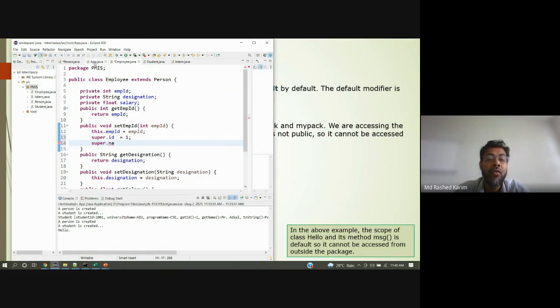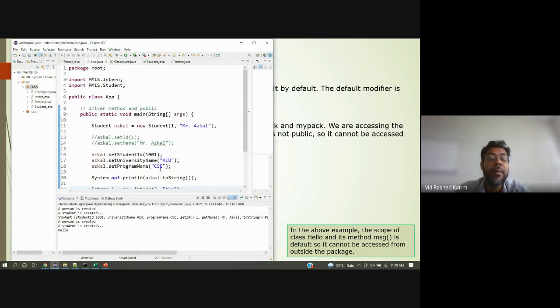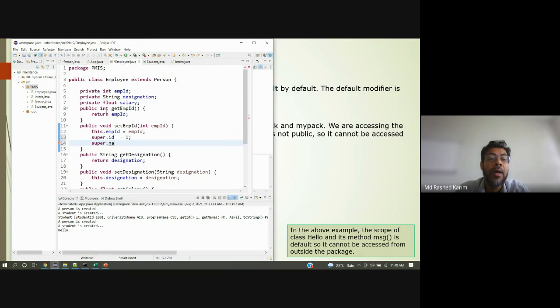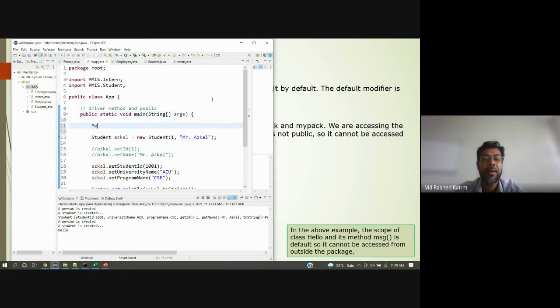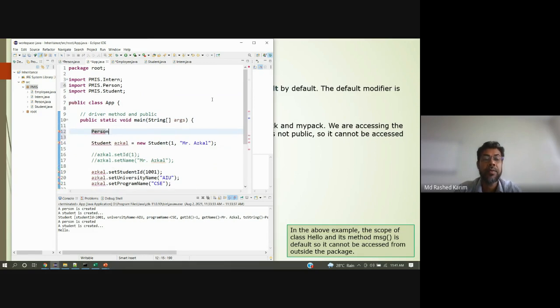But if you want to go in the, what is called, the super is my person. Okay. If I want to create a person class object, Person p equal to new Person